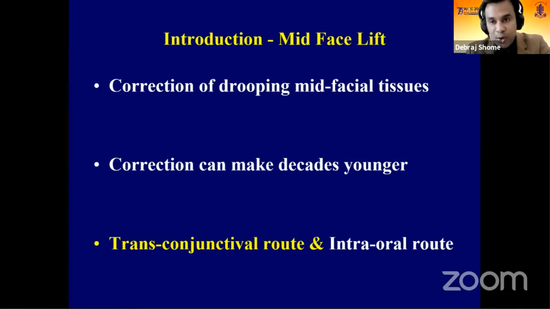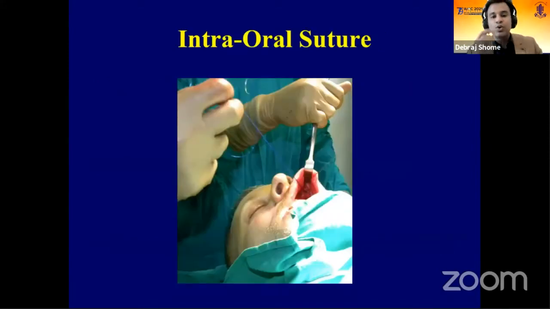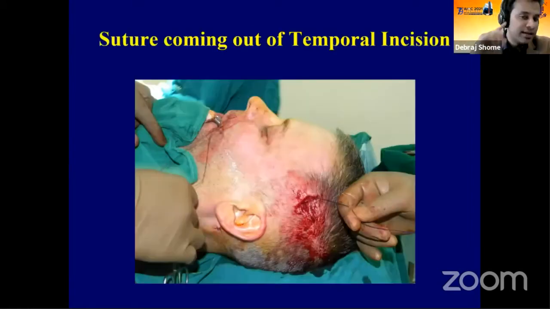Not everything will be possible non-surgically, and therefore surgery comes in. The mid-face lift, which is our method of causing the face lift, is very important, and we use the intraoral route for this. So basically, we go through the superior gingival sulcus and raise the malar fat pad. By raising the malar fat pad and taking 2-0 proline sutures through the fat pad, we then tunnel the sutures up over the zygomatic arch and come up behind the hairline.